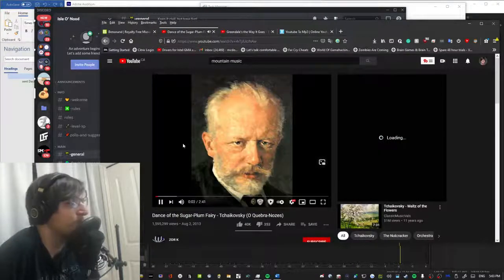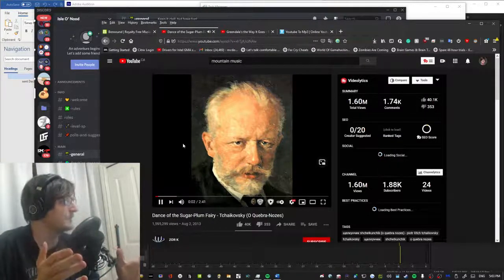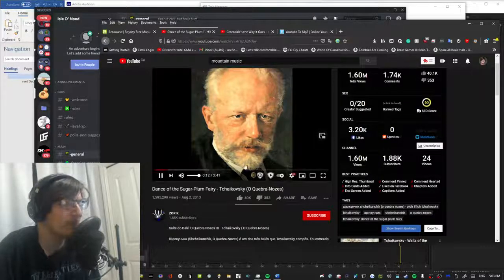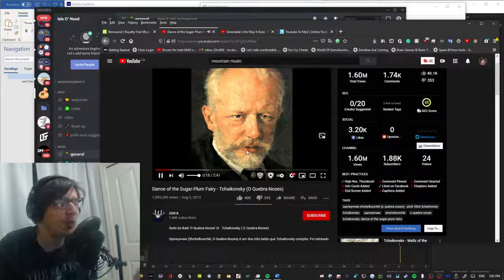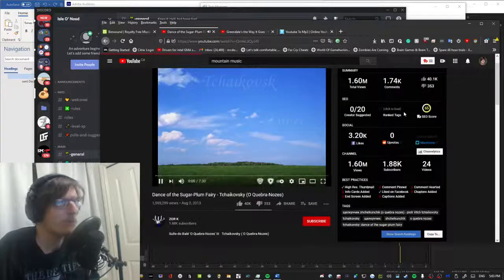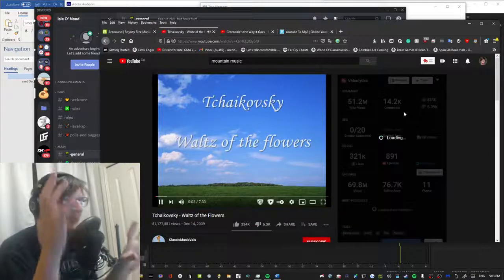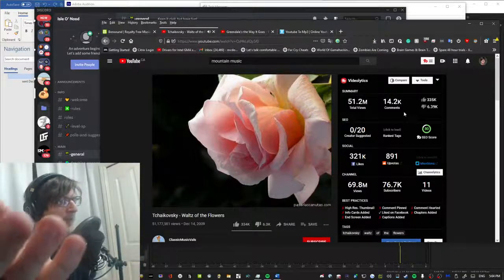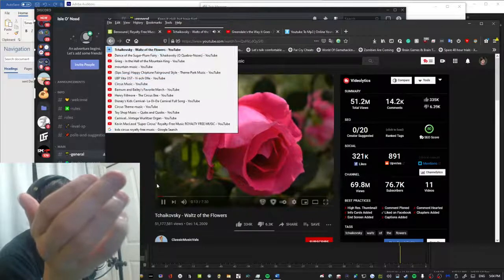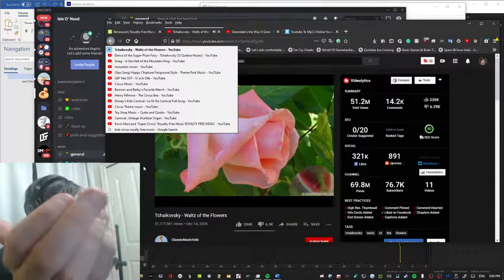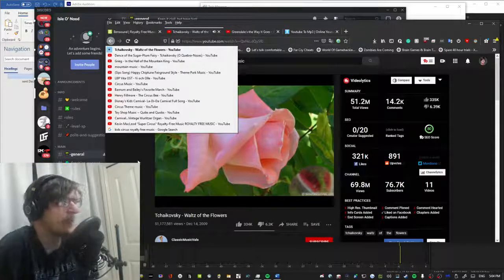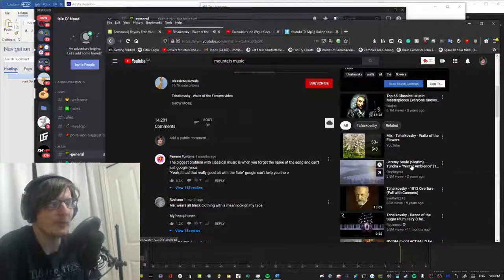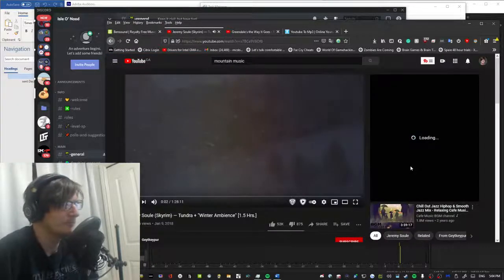I don't know which one beats it. This song or, well, we were going to let it play first before we switch songs. This song or this song. What is more superior to In the Hall of the Mountain King? Tchaikovsky's Waltz of the Flowers or Homeboy Tchaikovsky, again, with his greatest hit, Dance of the Sugar Plum Fairy. O Cabra Noes. Or do we just throw that right out the window and just go with Jeremy Soule with his beautiful Skyrim